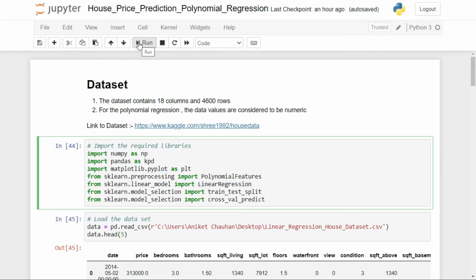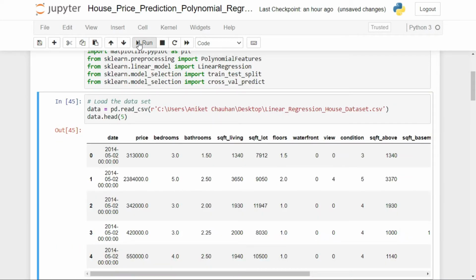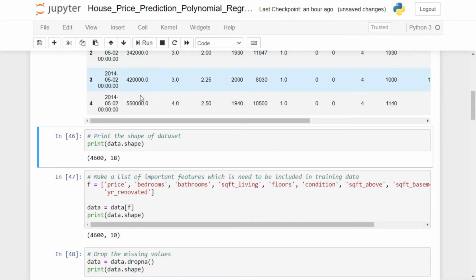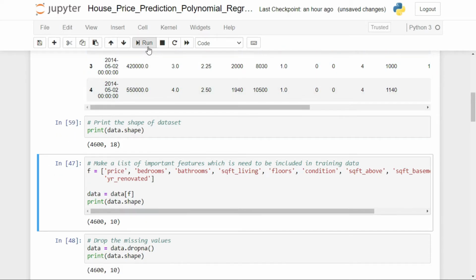So I'm first importing my libraries, and after that I need to import the dataset. For importing the dataset using pandas, we have used read_csv. This is used to load the whole dataset in the same format as it has been stored on the hard drive. Now after that I'm going to print the shape of the dataset. The shape shows that it has 18 columns and 4600 rows.